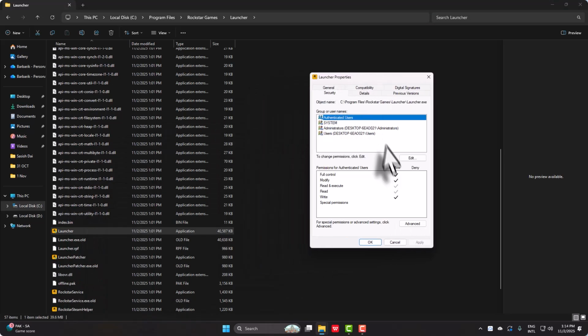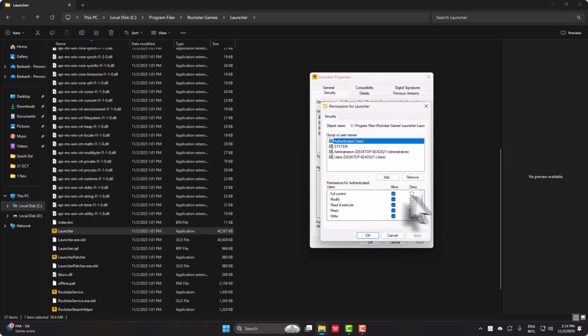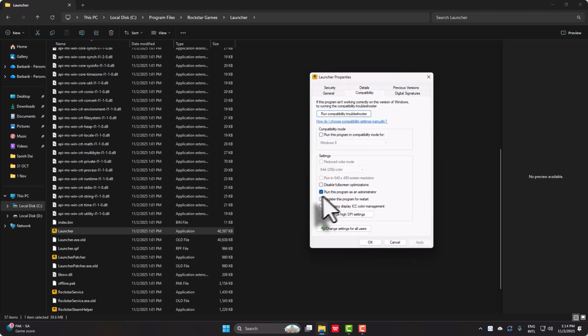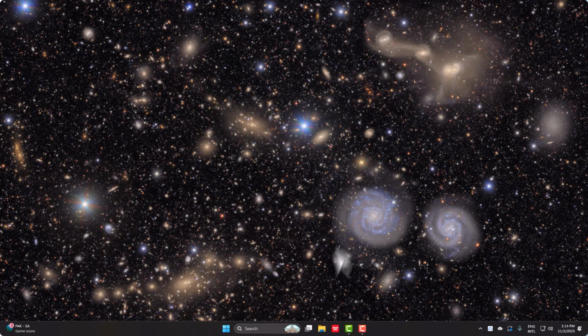Once you've done that, click on security and click on edit and allow full control on all the systems you're using it for. Go to compatibility, make sure that run this program as an administrator is always ticked on, and once you've done that and it is still not solving your problem, all you need to do is simply go